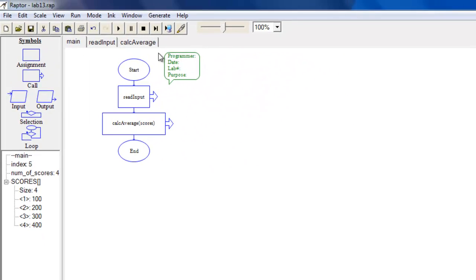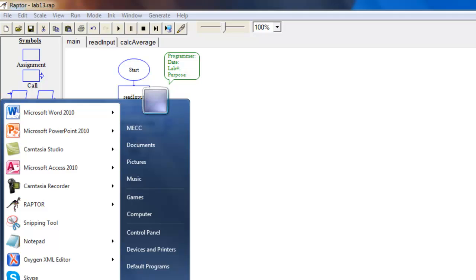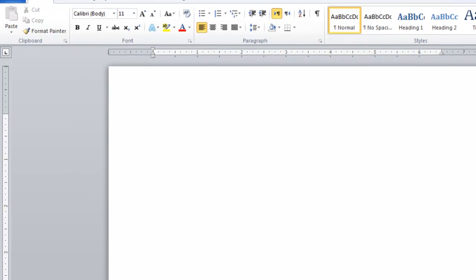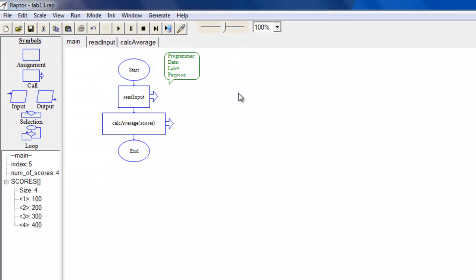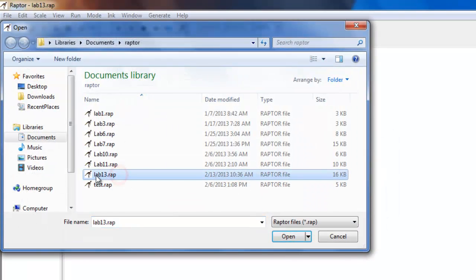So how do you submit this lab? You go to each method, you click on it, file. Actually, you need to open Microsoft Word first. So I will go ahead and open Word, and then that is last name, first name, lab number 13. Or if you'd like to send me the RAP file, you can. So if I save this here, yes. Look, lab 13. You can just save this as last name, first name, lab13.rap,